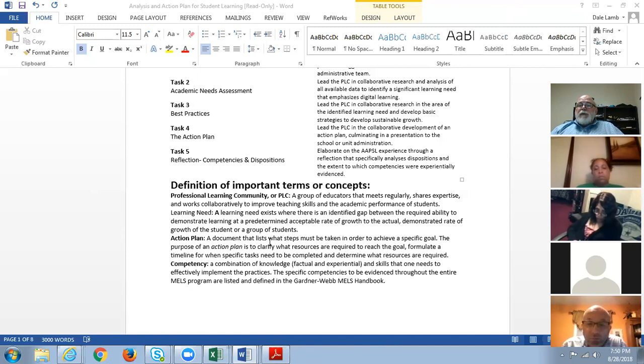There are other tests at your school like the PSAT or SAT that are common to all students. You might want to hook on to the math department and look at math EOCs. It doesn't have to be your area. Yes, it could be grade level specific. You could look at one specific grade in a school. Yes, it can lead into the leadership that you do later. That is correct. Now, one of the things that I want to caution you about,